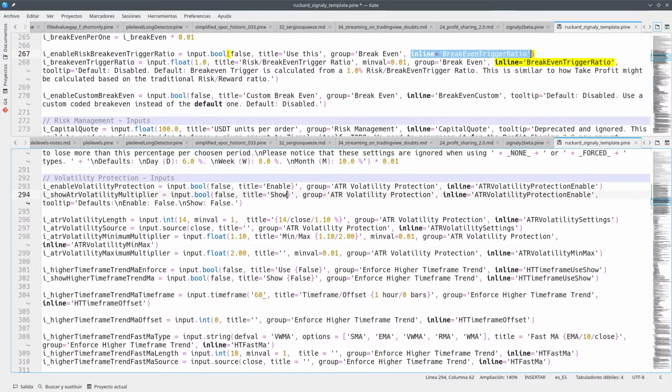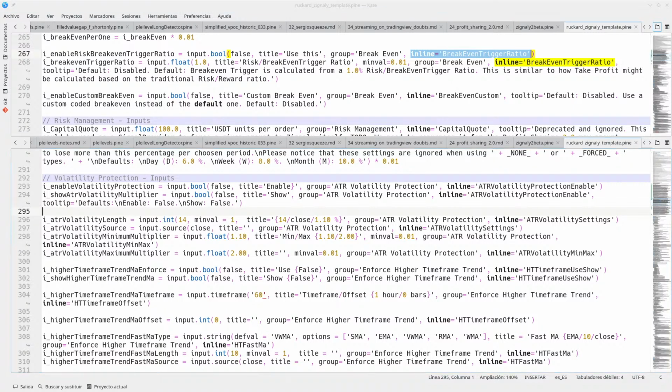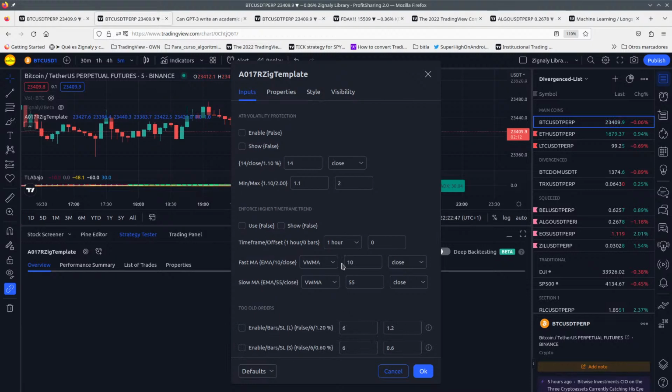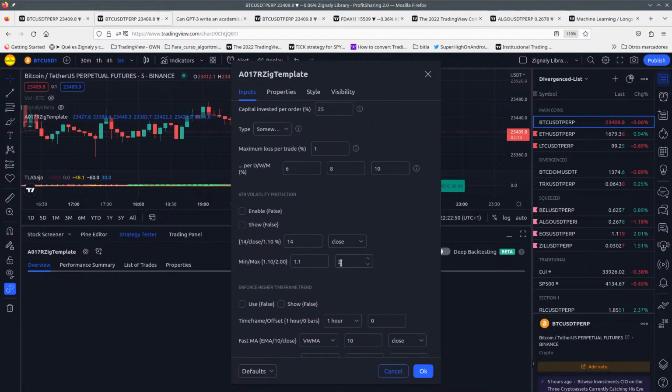Enable and show. Okay. So once we have this single line here with enable and show, we should be able to. Okay, so now